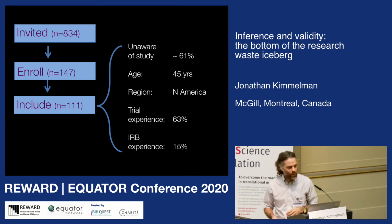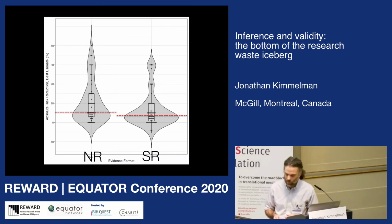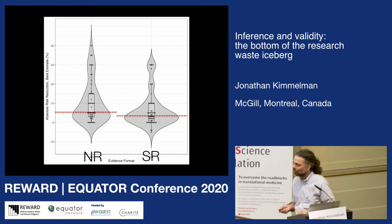Again, 45 experts took our study and took our survey, just going right to the results, not wasting any time. Here's a violin plot that's describing what their predictions were for the primary outcome. And here, absolute risk reduction is what the measurement was. And so what you can see here is for those who read the narrative review,